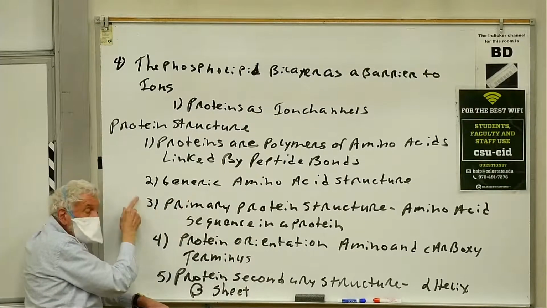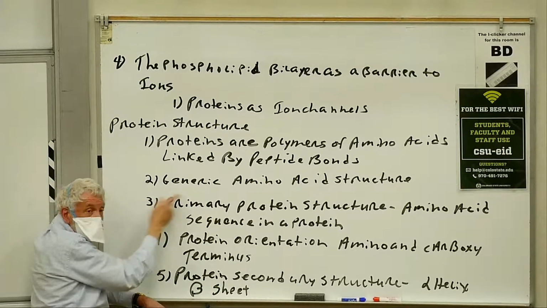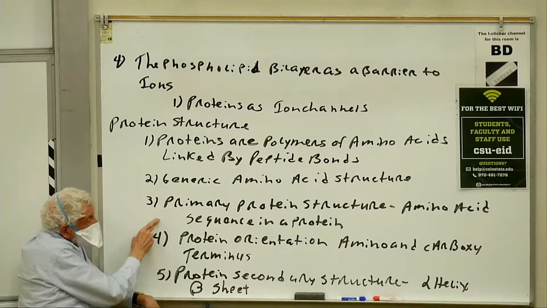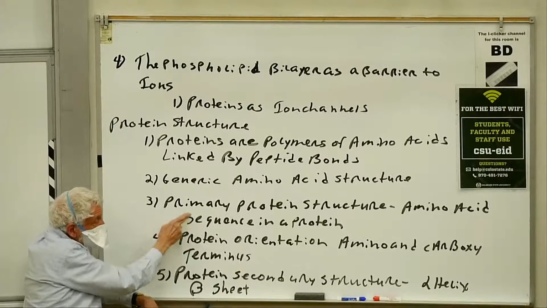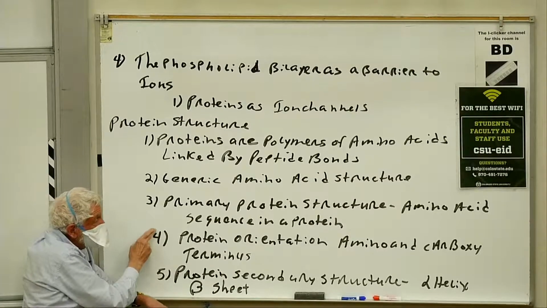And we'll see that there are 20 different R groups that we can put on these amino acids, and that will then confer the difference of one amino acid to the next type. We'll lay out the primary structure. This is going to be the amino acid sequence in the protein. We'll see that when we lay out the amino acid sequence in the protein, because